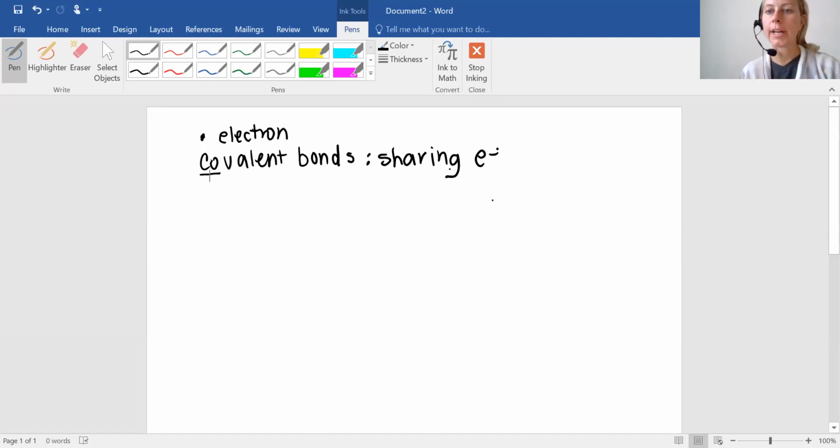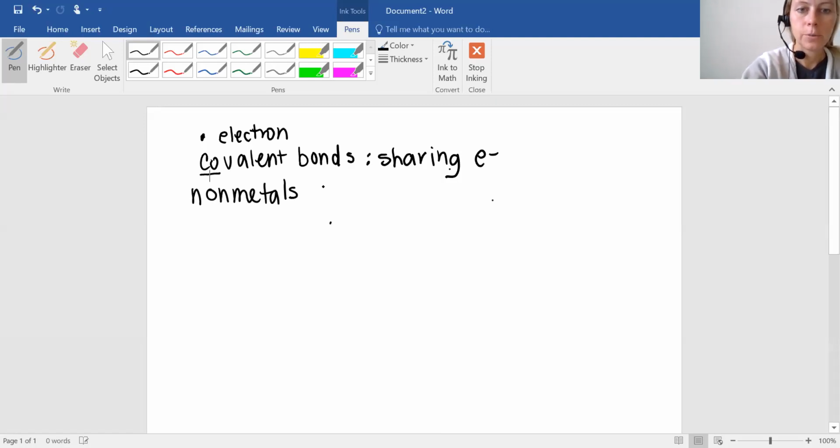Okay, so sharing electrons. We need to figure out who shares the electrons. So simplistically, if we're looking at the periodic table, we found trends on the periodic table, that on the left side, these are your metals. On the right side, we have nonmetals. What you're going to find through all these examples is, if you notice where they're located or which atoms I'm having you use,